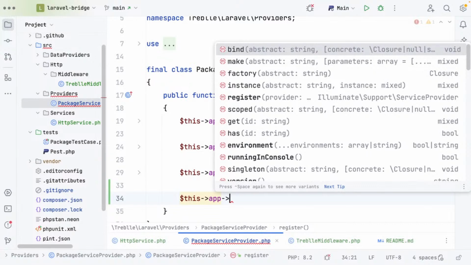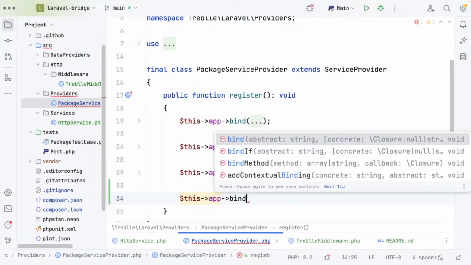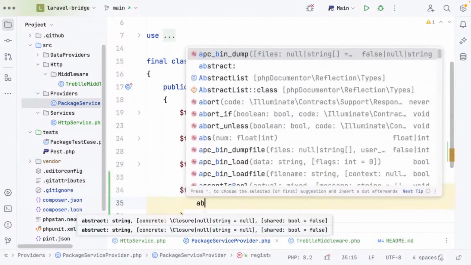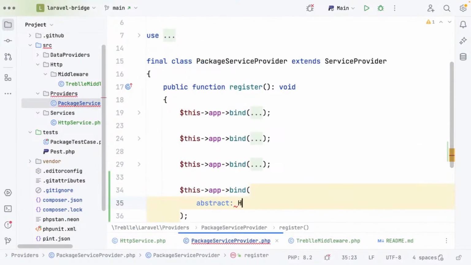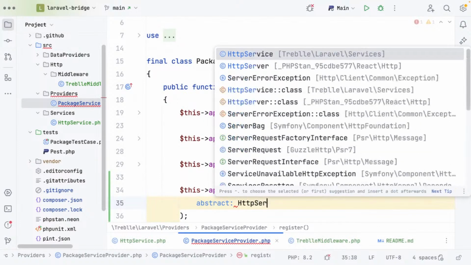However, because this package could be installed in Laravel and Forge, Laravel on DigitalOcean, Laravel on Vapor, Laravel on Vapor with Octane, you've got to be careful with singletons on Octane. So abstract HTTP service